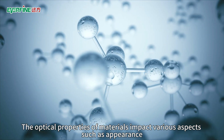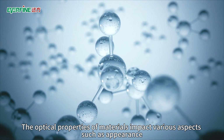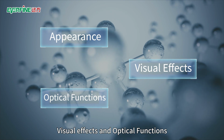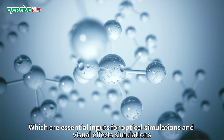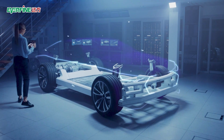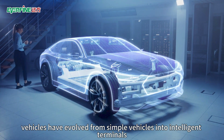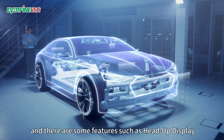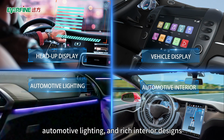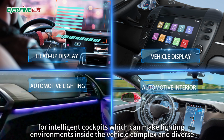The optical properties of materials impact various aspects such as appearance, visual effects, and optical functions, which are essential inputs for optical simulations and visual effects simulations. For example, vehicles have evolved from simple vehicles into intelligent terminals, and there are features such as head-up display, vehicle display, automotive lighting, and rich interior designs for intelligent cockpits, which can make lighting environments inside the vehicle complex